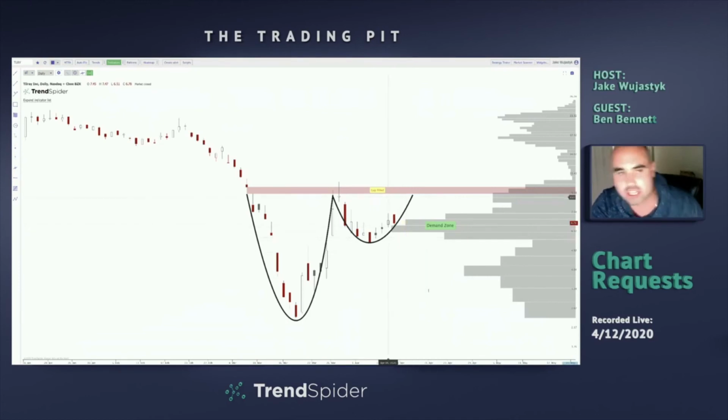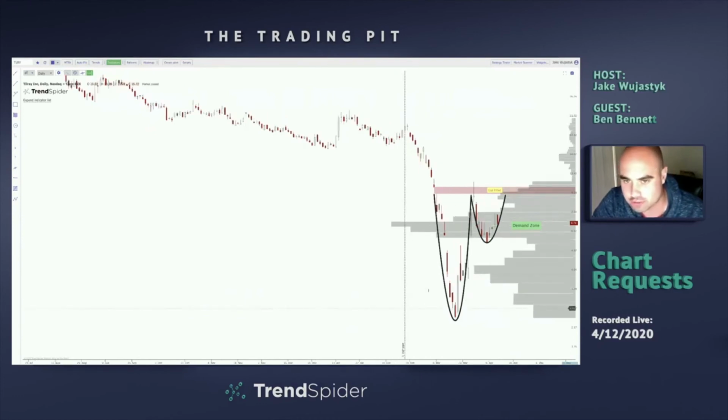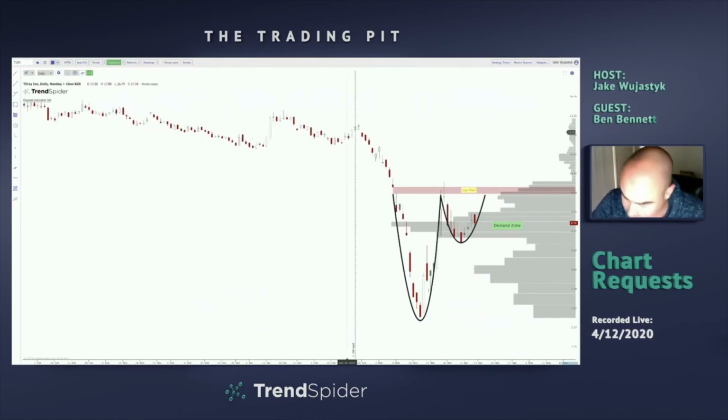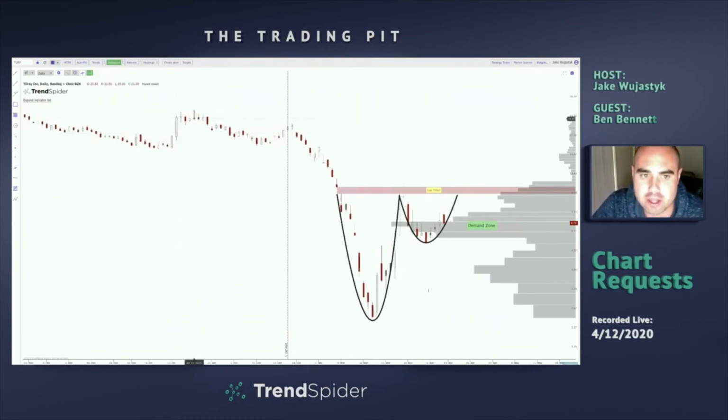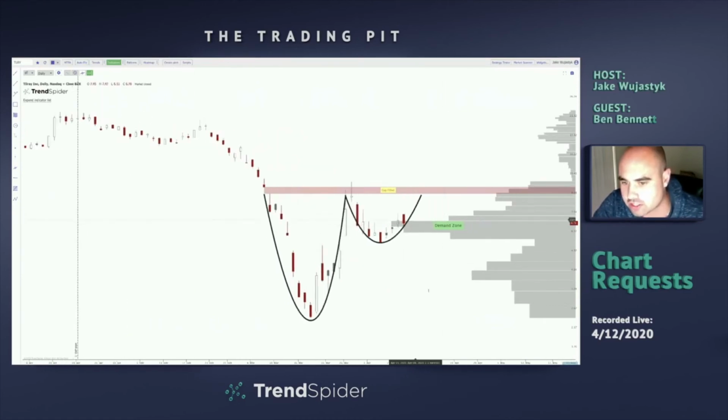But what's interesting is if we anchor the volume by price from this kind of dead cat bounce here, and remember, you don't always have to anchor from the very top. Sometimes you have this pullback, you've got to retest. And so a lot of people got trapped here. So a lot of people probably went long when somebody was coming in and shorting this. So this can just as well be an area to anchor from too. If we anchor from this point rather than this point here, notice that your demand zone, and I don't even want to call this demand zone, I call this kind of like a break-even zone.